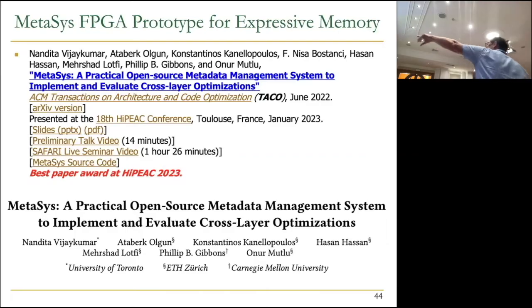It's all open source. You can find the source code over there, which does essentially what I just said on a RISC-V processor. So if you want to actually communicate the semantic information on an FPGA prototype and see how you can optimize your program and hardware together, I'd recommend taking a look at this. And this way, we were able to actually quantify the overheads of this metadata management that happens in the hardware